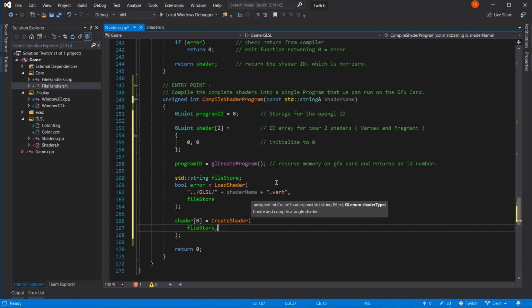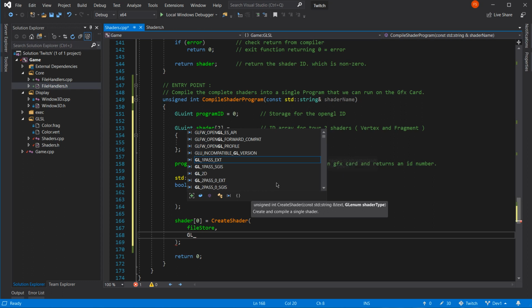and GLEnum shader type. What is that? I'm guessing it's going to be GL underscore vertex underscore shader.